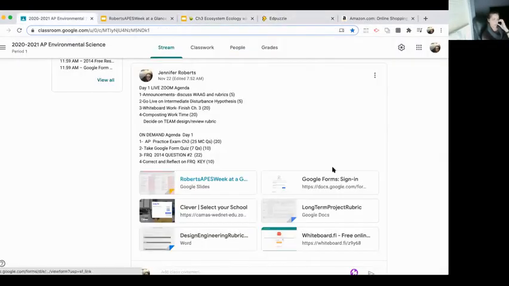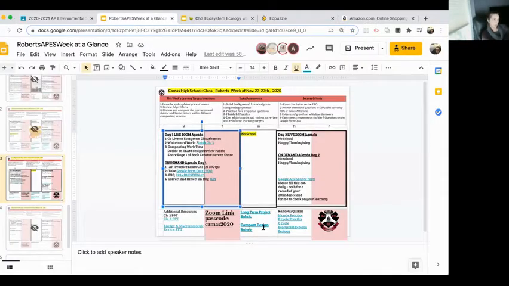All right, it is time for you to have time with your team and talk about your final sketch designs and choose the person on your team who's going to be your rubric reviewer for your group, the person who is going to go through this compost design rubric with your team, and then decide if you have any questions or need to call me to your room to explain any of them and how to earn all your points. So if you haven't put a number in front of your name, you need to do that so I can put you in a room with the right people for your composting project.